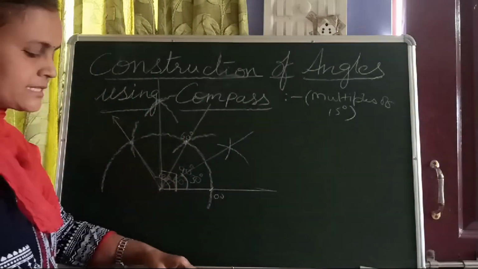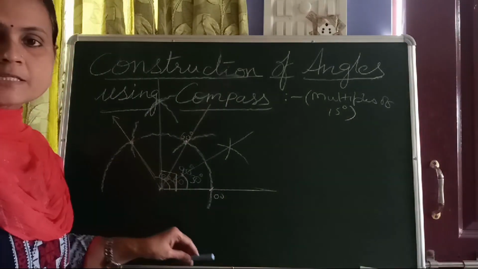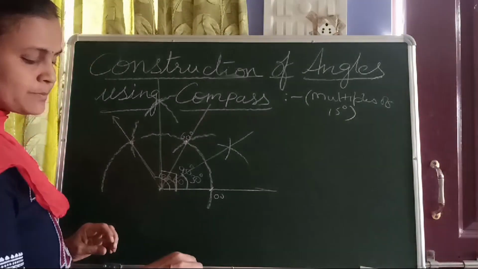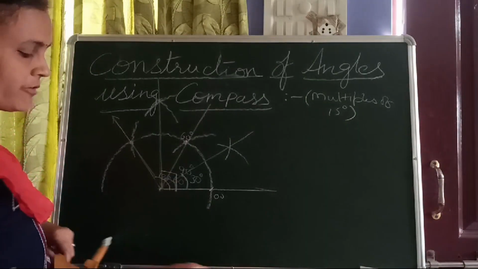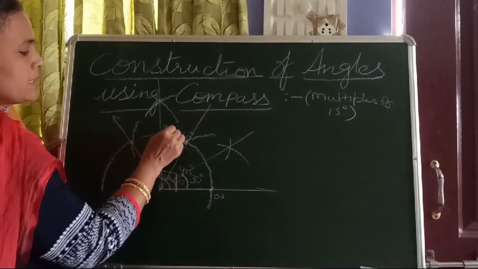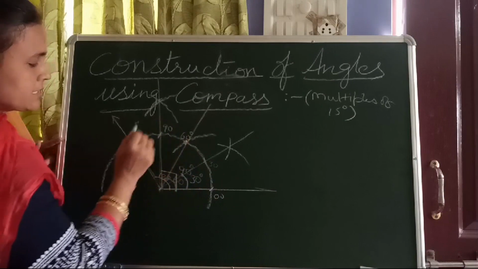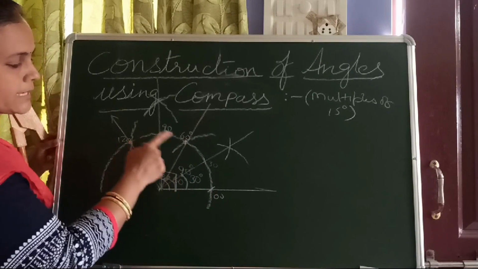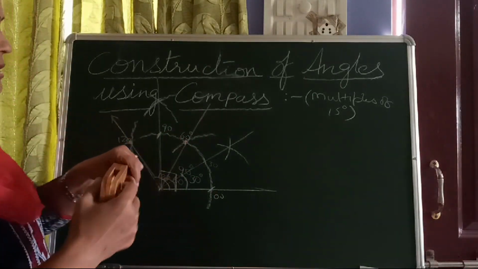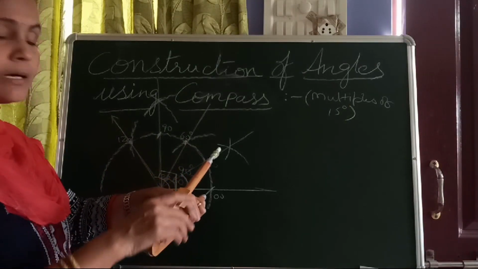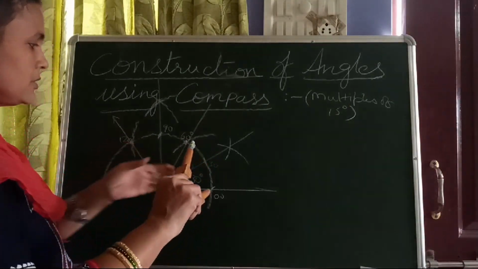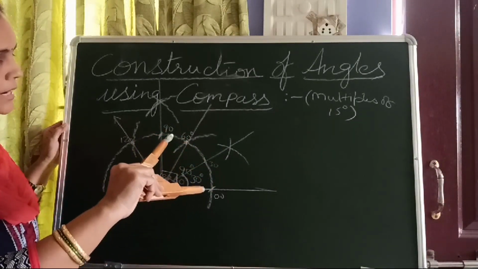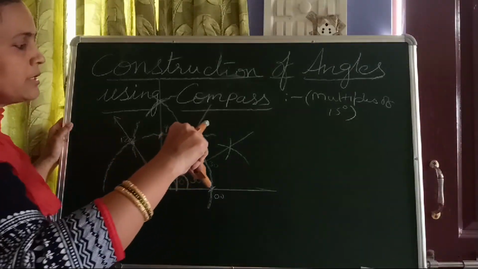Now, how to construct 45 degrees? 45 obviously is the middle of 0 and 90, half of 90 degrees. So let us bisect the gap between 0 and 90. Where is 90? This point is 90, this point is 30, this point is 60, this point is 120. Put the pointer on 0, where the arc is at 0, and take more than half of the gap between 0 and 90. Observe the middle of 0 and 90. So more than half. Let us draw an arc.